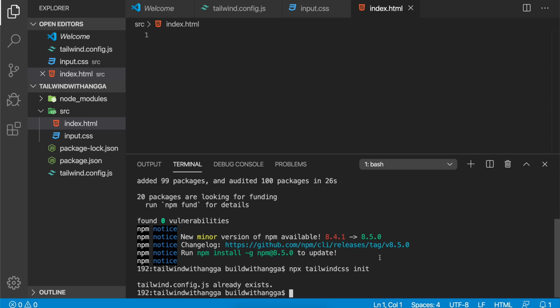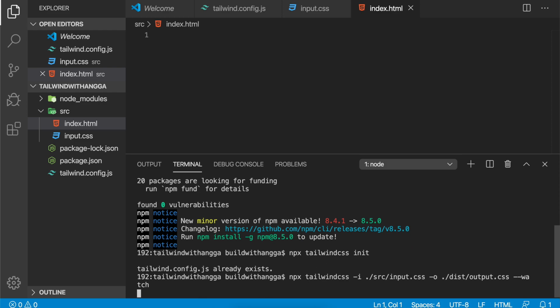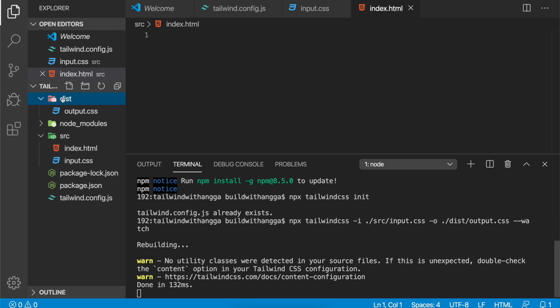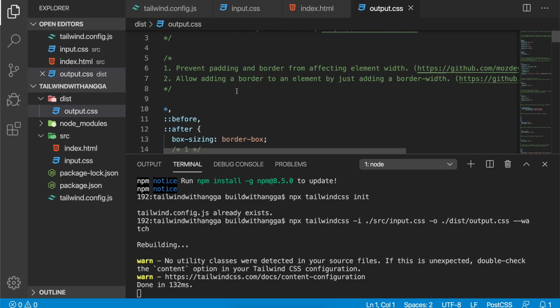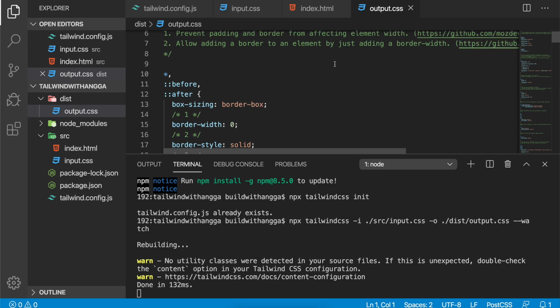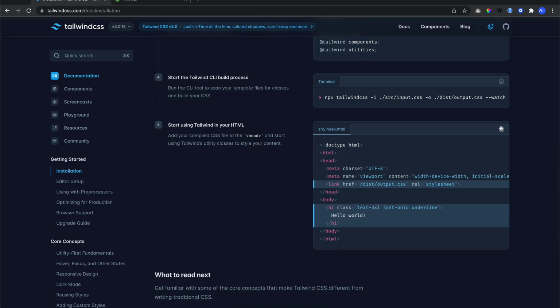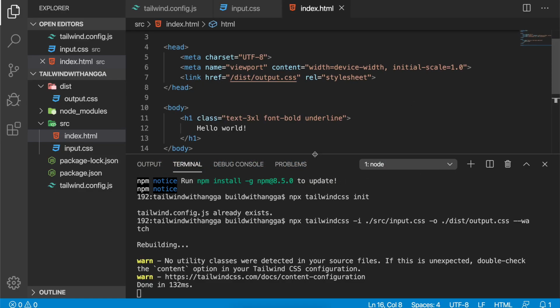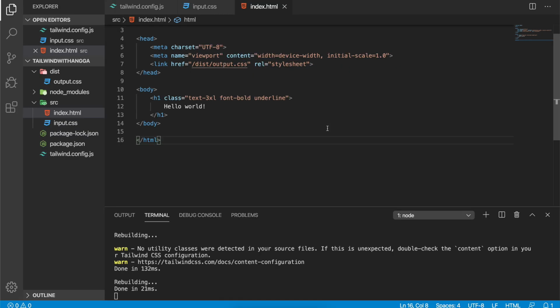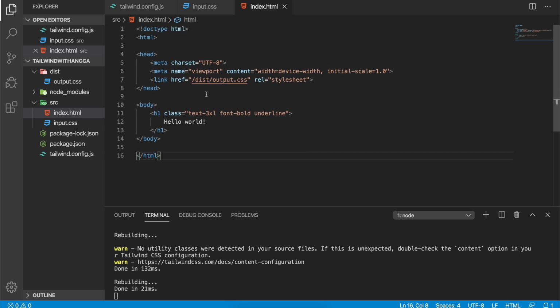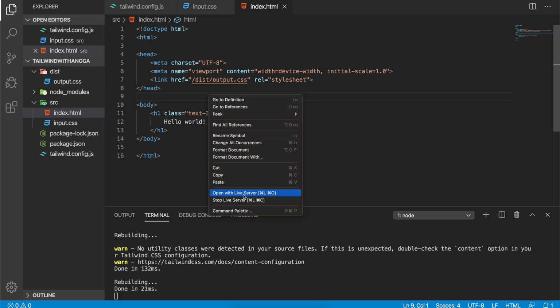Sorry, yeah, we do already have it, so just press enter, and you will see that we have one new file here called output.css, and in this HTML we're gonna use our output.css to start with Tailwind. Okay, so yeah, actually it is done, and we can see how to use this beautiful CSS framework in our website project. So I'm gonna right-click and then open with Live Server.